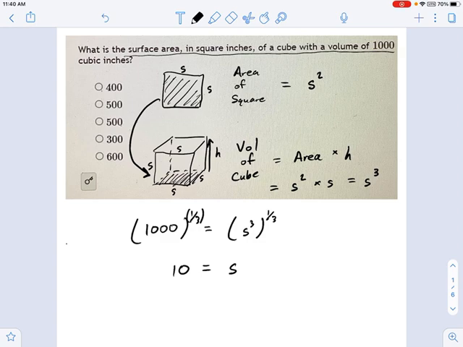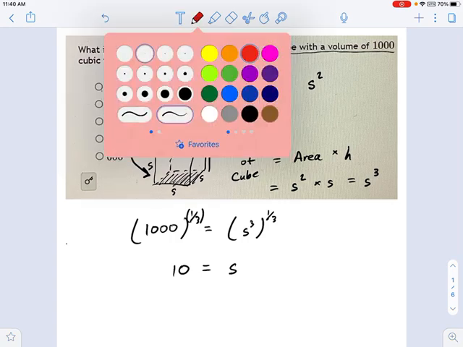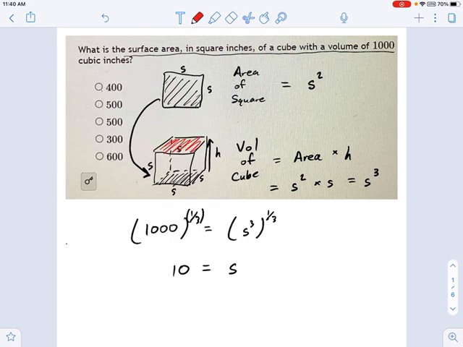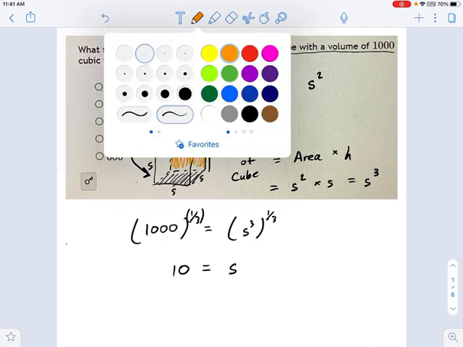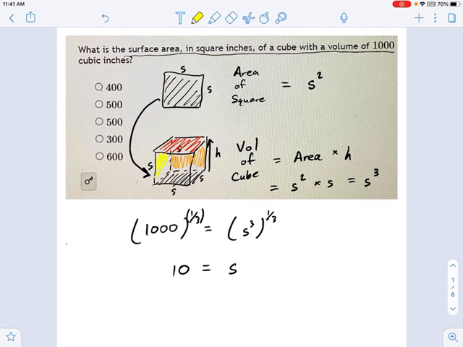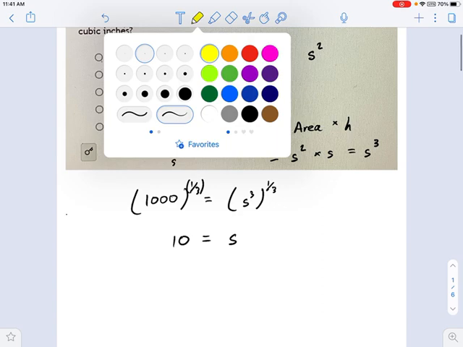Well, what's the surface area? Think about what surface area is. That's that black side right there, plus this red side over here, plus this orange side in back, right? Plus this, I don't know, this yellow side over here, right? It's all the sides added together. So if the area of one side